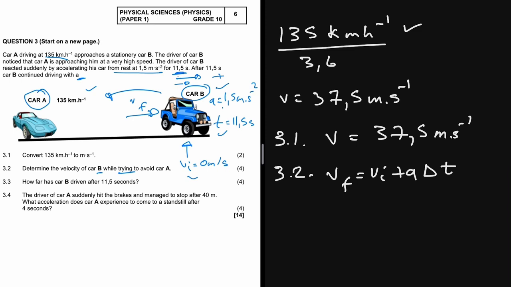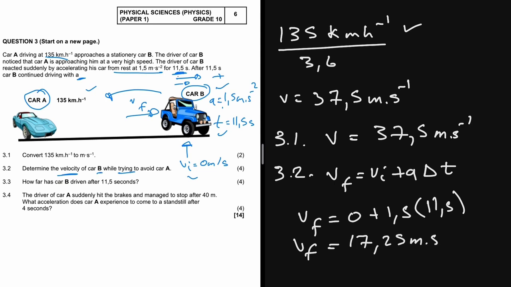Now, to get the velocity of car B while trying to avoid car A, we substitute: the final velocity is the initial velocity, 0 meters per second, plus the acceleration, 1.5, times the time, 11.5 seconds. Putting this in our calculator, 1.5 times 11.5, gives